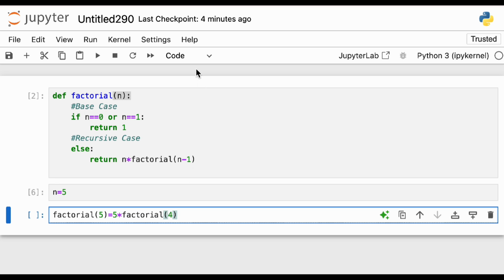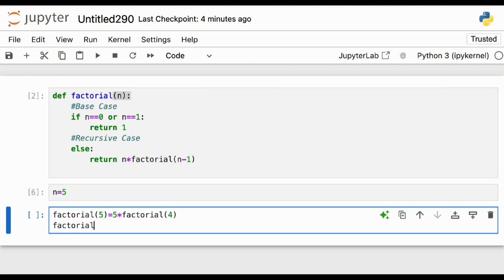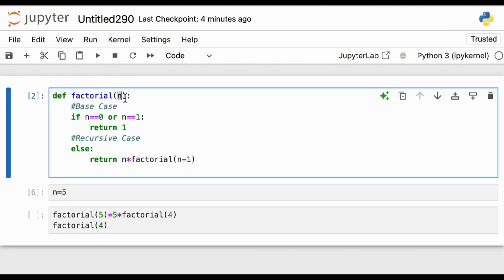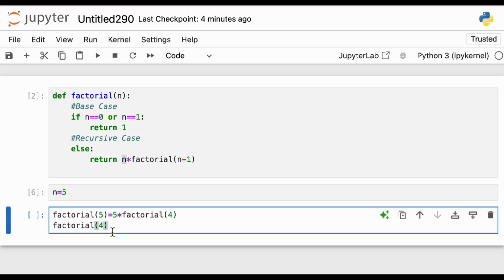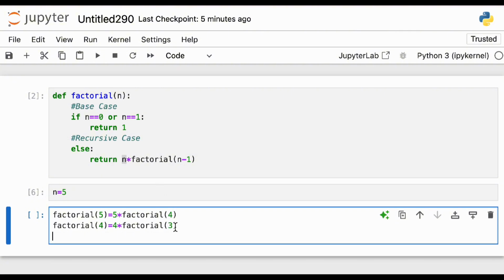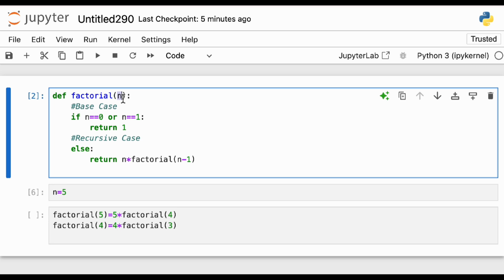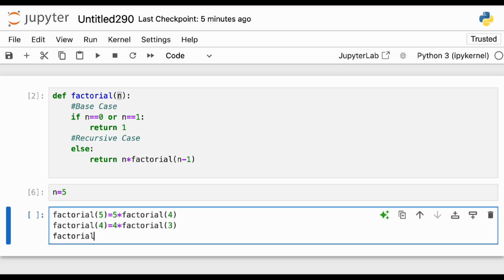It will say, let me give you the factorial of 4. So it will go and call the factorial of 4 here. Now what is the factorial of 4? This function will say, if you want to calculate the factorial of 4, give me 4 into factorial of 3. Then it will say, now let's go back again, tell me the value of factorial 3. It will say, give me 3 multiplied by factorial 2. So factorial 3 is equal to 3 into factorial of 2.